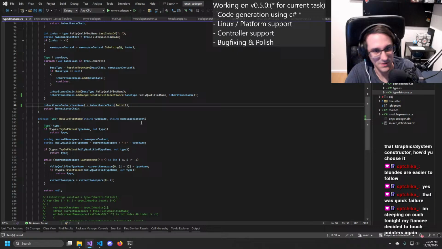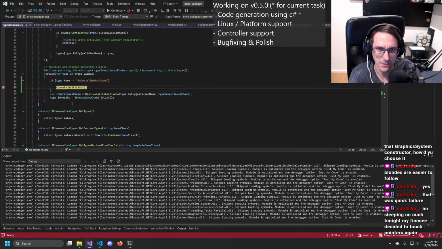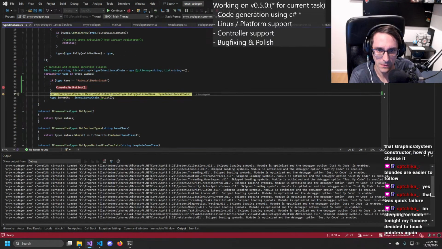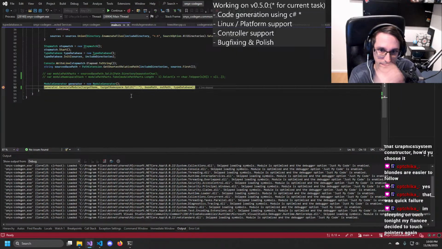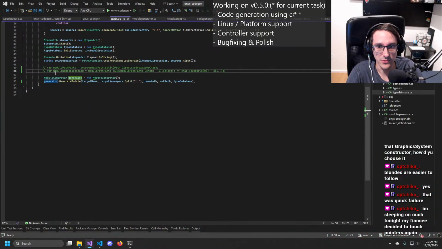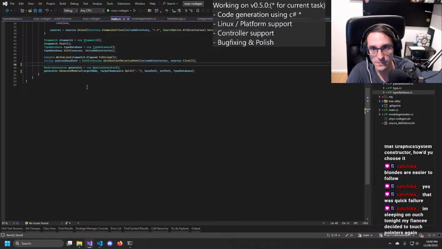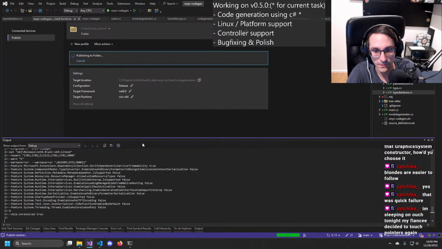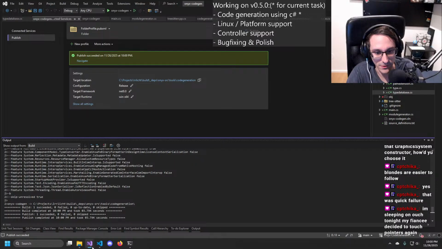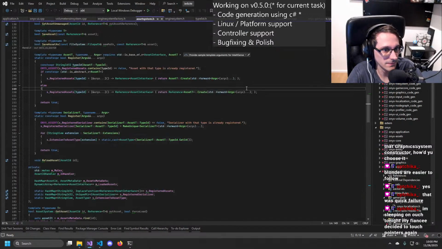But we don't need to do that, I think. That looks better. And I think that should already be the trick, to have the shader graph in there again.